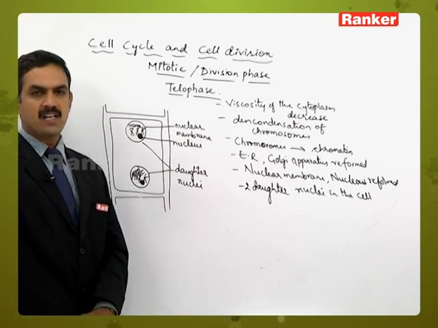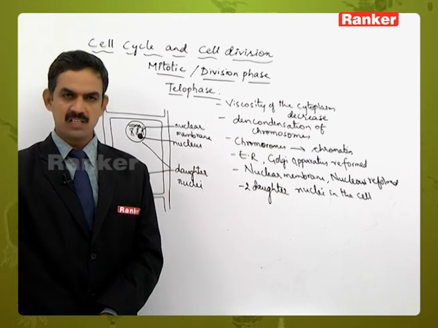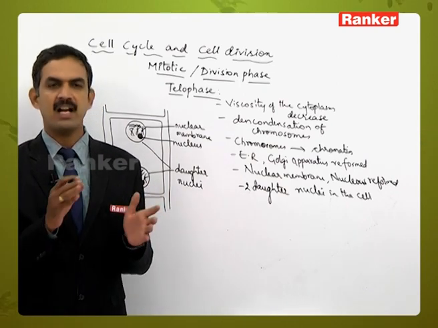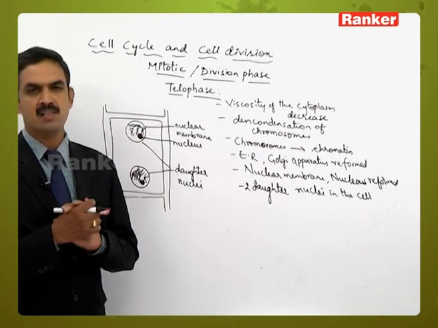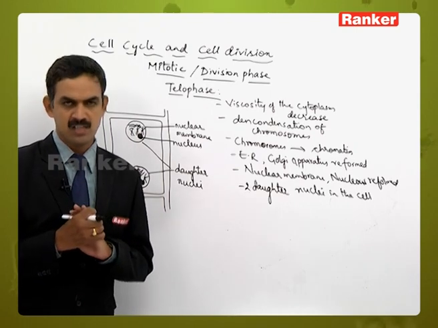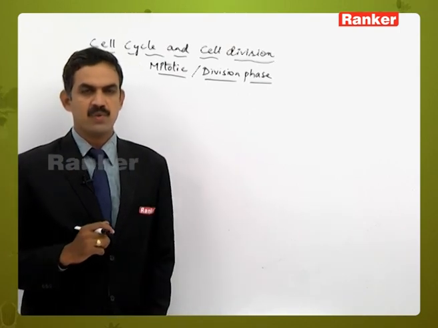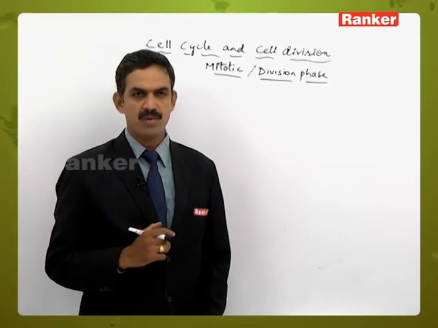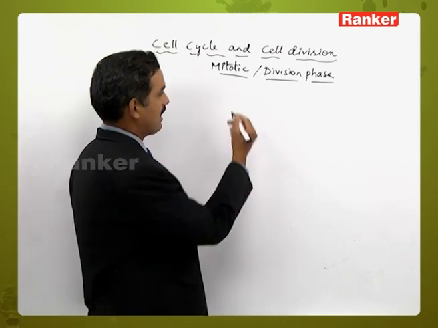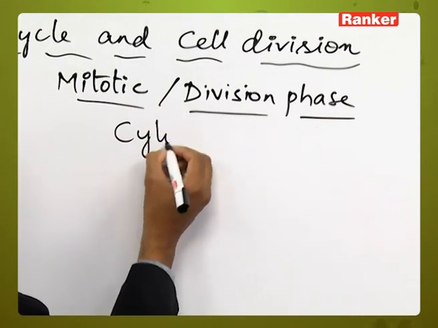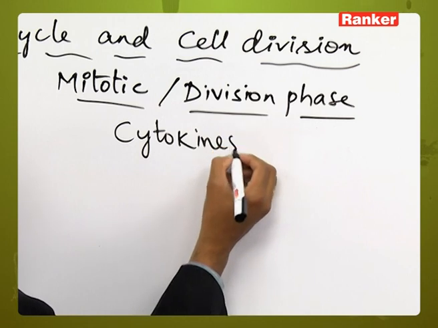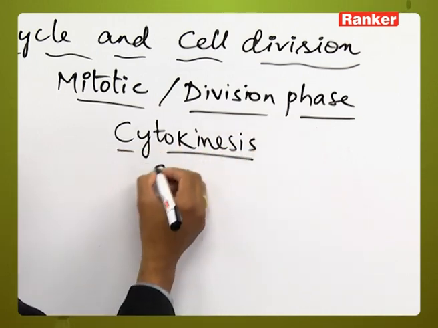And here there is no change in the sequence of genes also, so that genetically, structurally and morphologically it is similar to the parental cells or parental nuclei. These are the 4 stages of karyokinesis, where the nucleus is divided to form 2 daughter nuclei. Then after completion of this, the cell will enter the next stage called cytokinesis, that is the